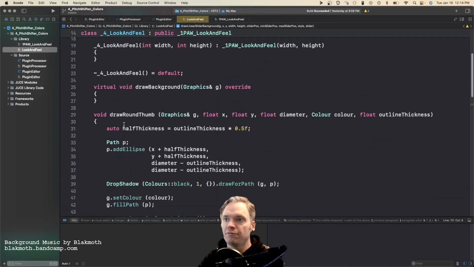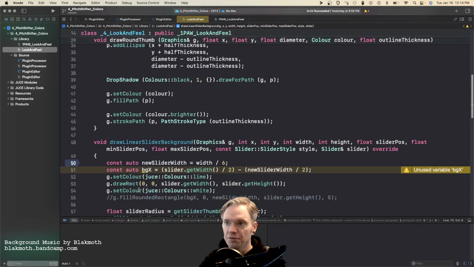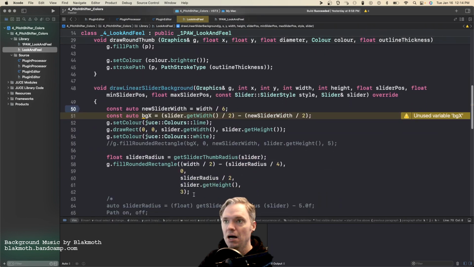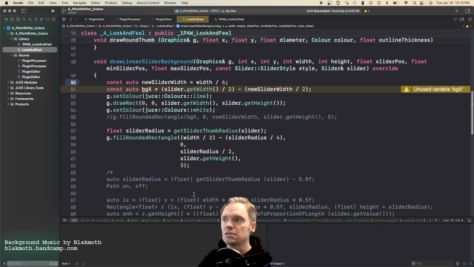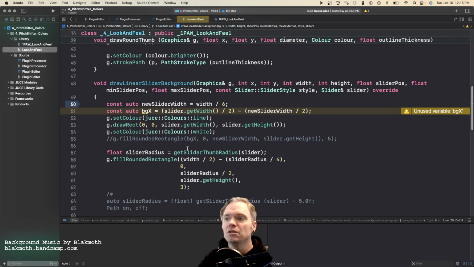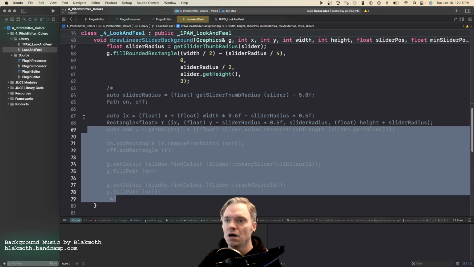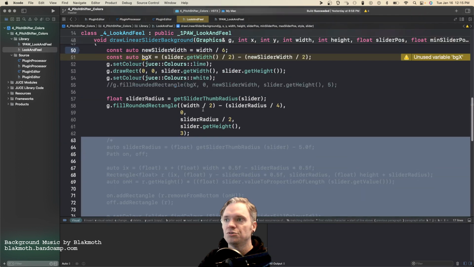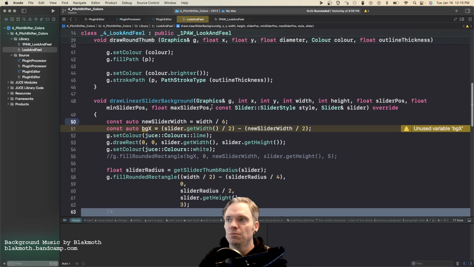And then I've copied a bunch of code from that GitHub page, which is draw round thumb, and essentially most of the body of draw linear slider background and draw linear slider thumb. Draw linear slider has so many parameters. Yeah, it does, but most of them actually get used. What's really confusing, again, I've copied most of this code, and what's commented here has been copied. So I drew my own rounded rectangle last night, and I was trying to understand some really weird things when you get